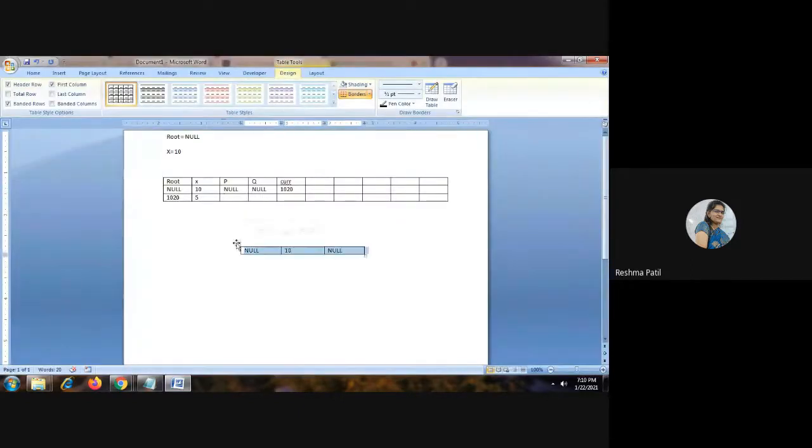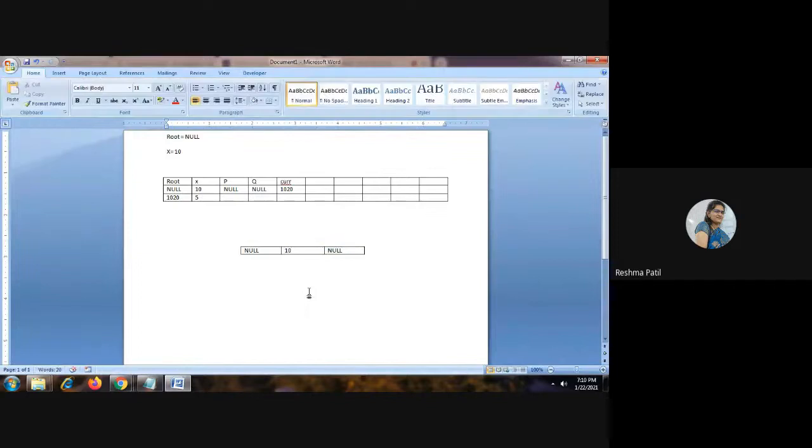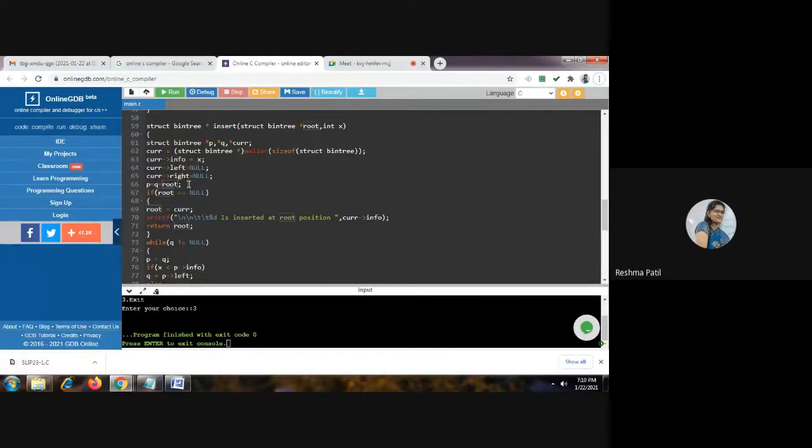So again, create a blank structure. The memory address is allocated to this node. Suppose this is 1030, that is stored into this current variable.